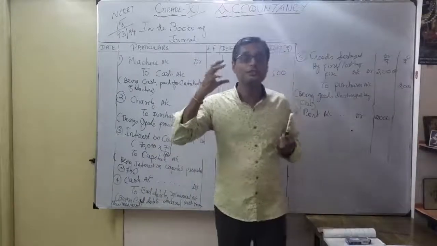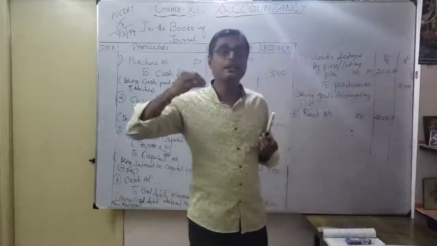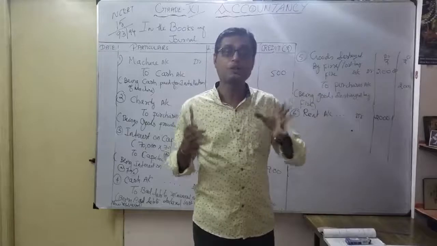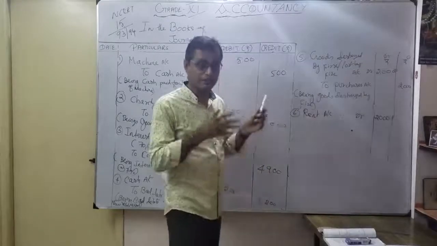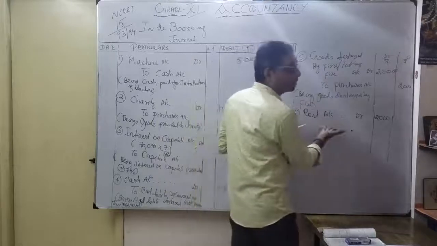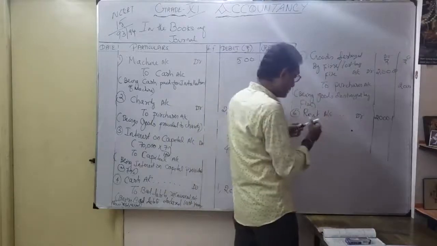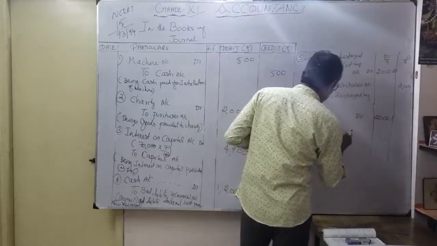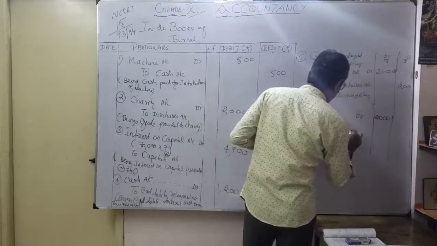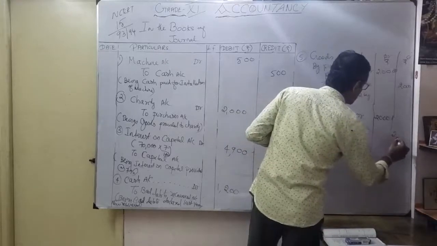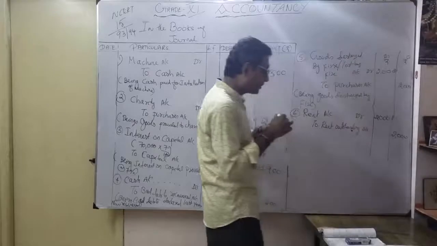So we can show it as an accrual concept, whether you paid or payable, whether you received or receivable. You want to show it in the account. Accrual concept. Correct. That's the same concept. Here you want to follow it. I am showing it as what? Instead of it, it is not yet paid. So what do I have to write? To rent outstanding account. Understood? Outstanding account, 2000.